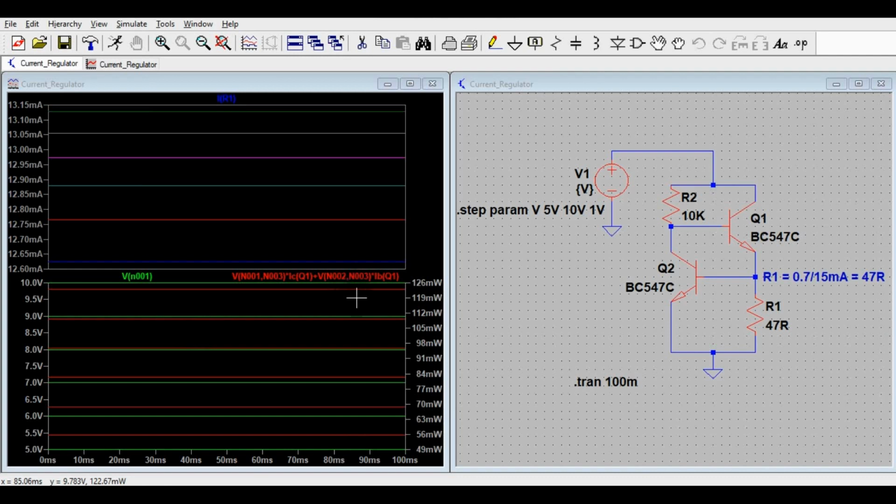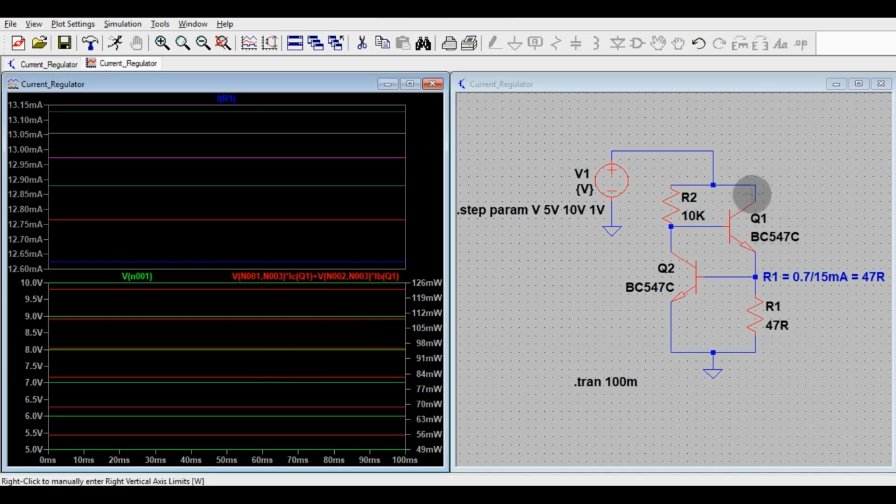So that means the excess of power is handled by this Q1 transistor. So this Q1 transistor is working in a linear region, and it is having more voltage drop across it.